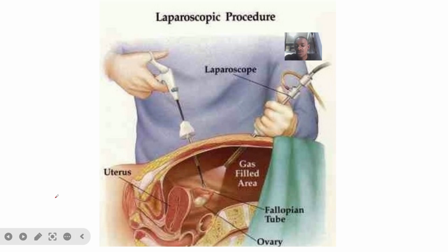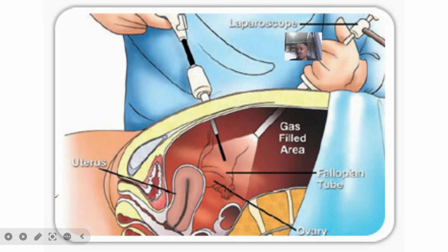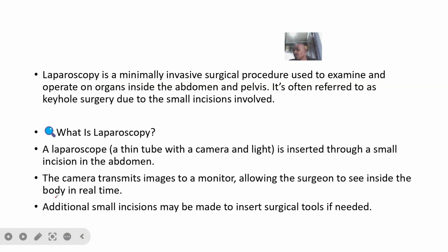You are doing what? Surgeries in the abdomen or surgeries close to the pelvis and perineum. Do you understand? But it's just through what? Some tiny holes. You know, you are not opening the person like a laparotomy. Okay? So laparoscopy is just a minimally invasive